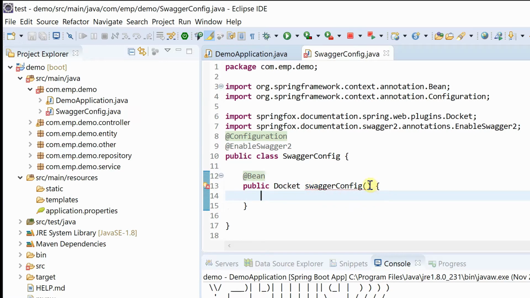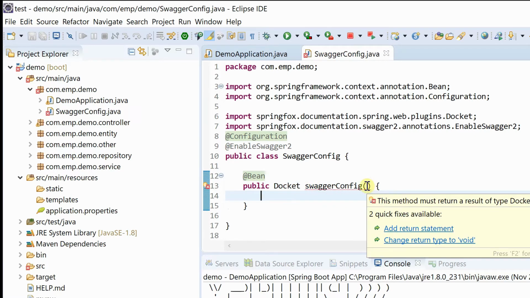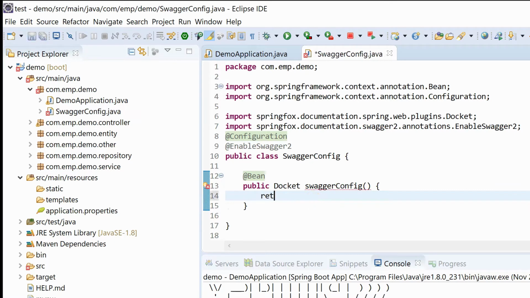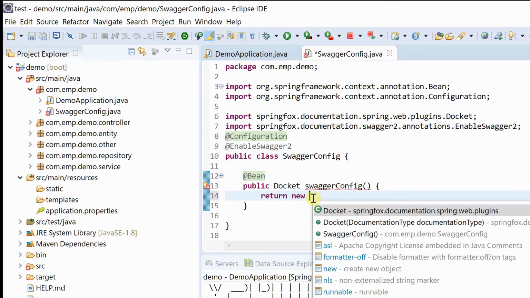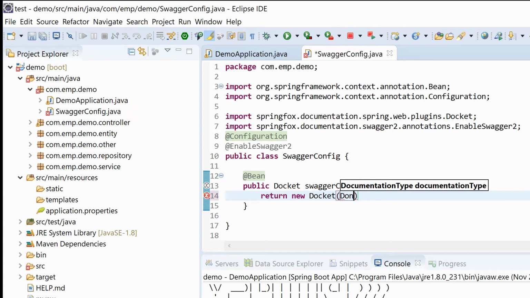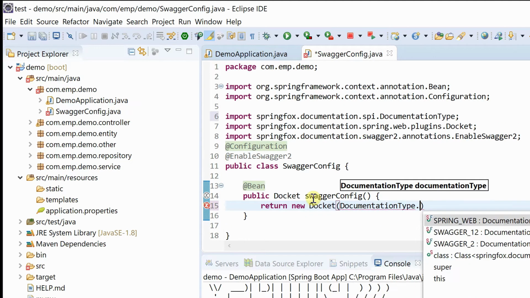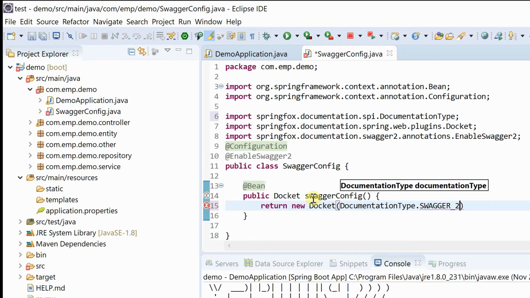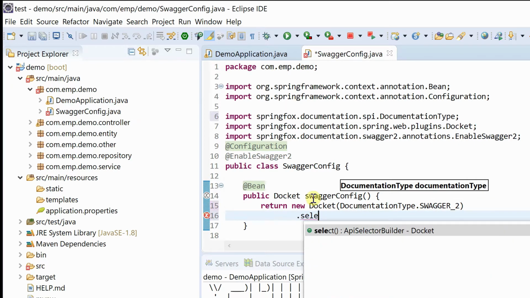So here let me type return, and here new, and this will return docket. So we have this constructor for that, and we have documentation type as Swagger underscore 2. This is the documentation,